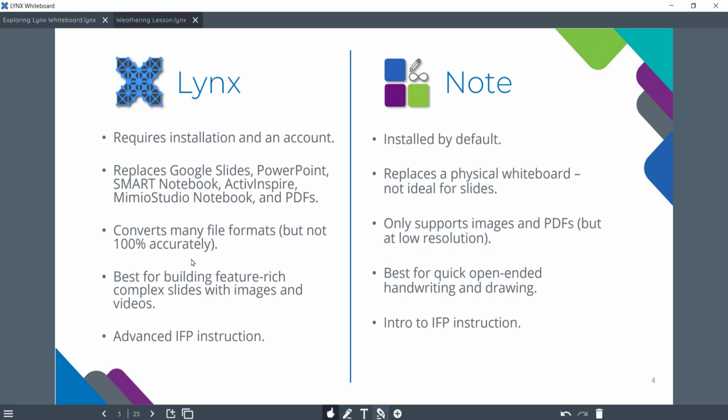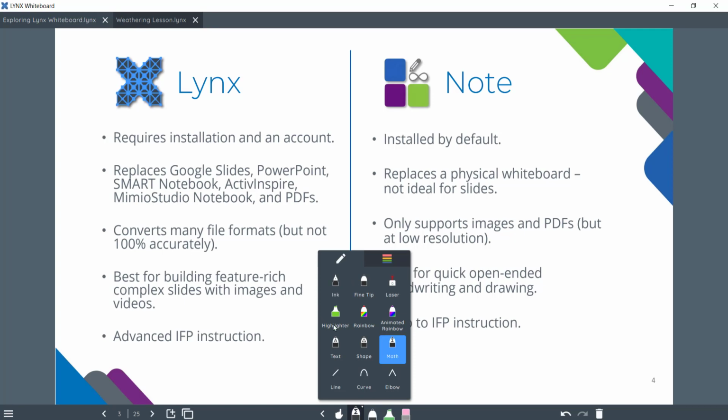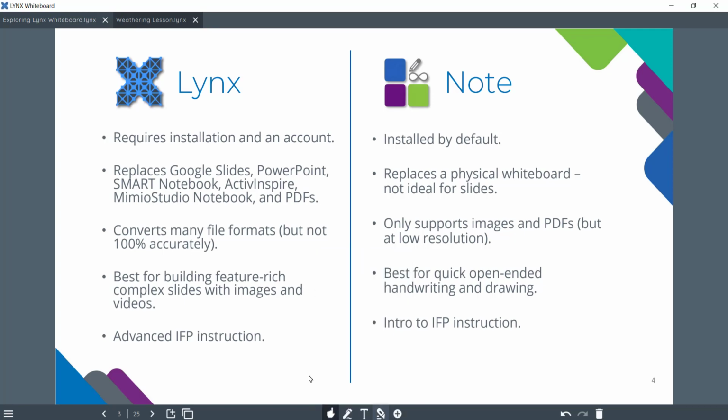So as I said before, Lynx is really the best for feature-rich, slide-based lessons, and Note is good for quick, open-ended handwriting and drawing. Now, that's not to say that Lynx doesn't include handwriting and drawing tools. For example, you can see all of the different types of pens that are available within this program, but that is just an extra part of Lynx where it is all of Note. For the most part, Note is primarily driven by that handwriting experience, and Lynx can be much more than that